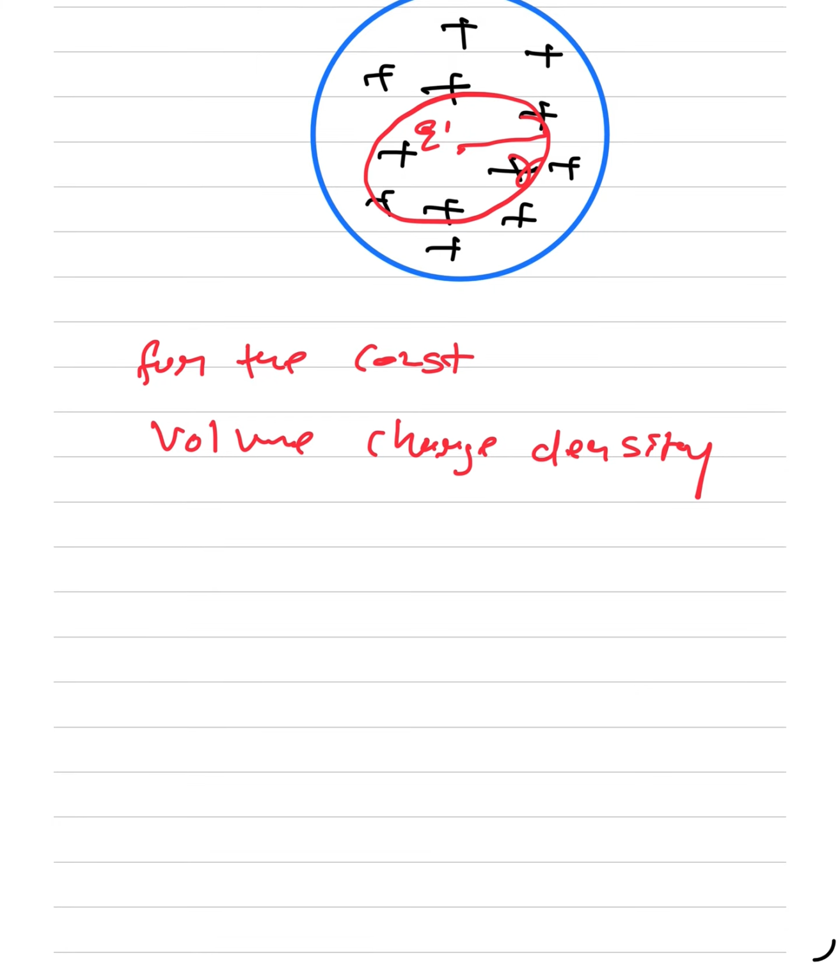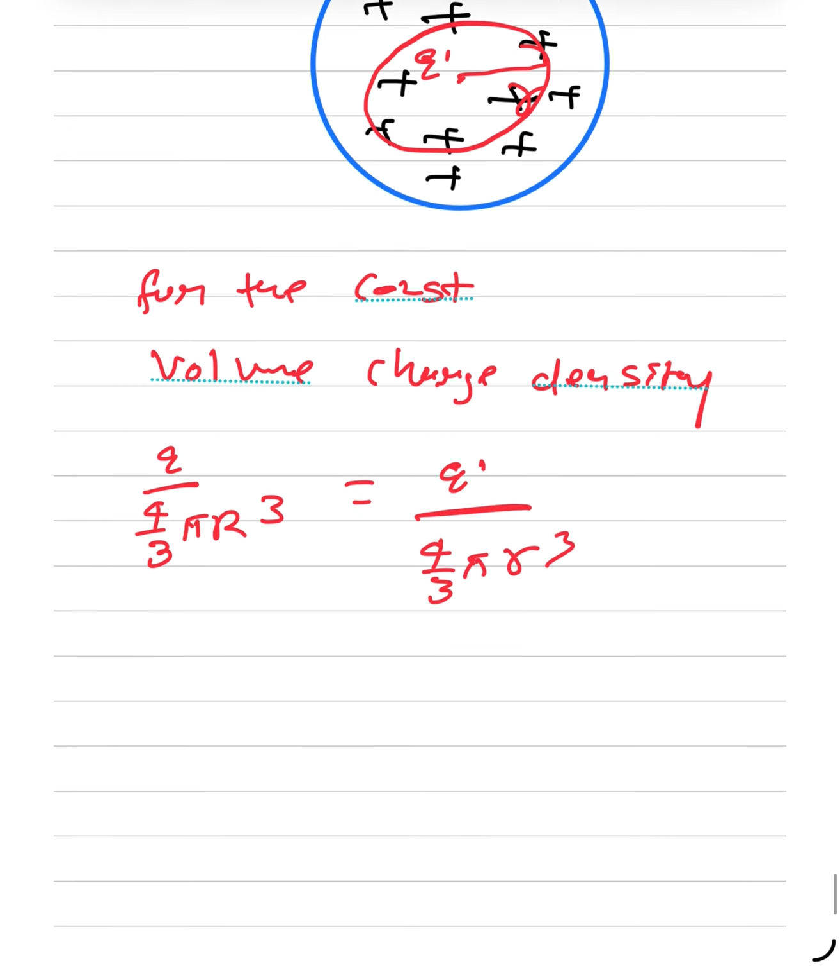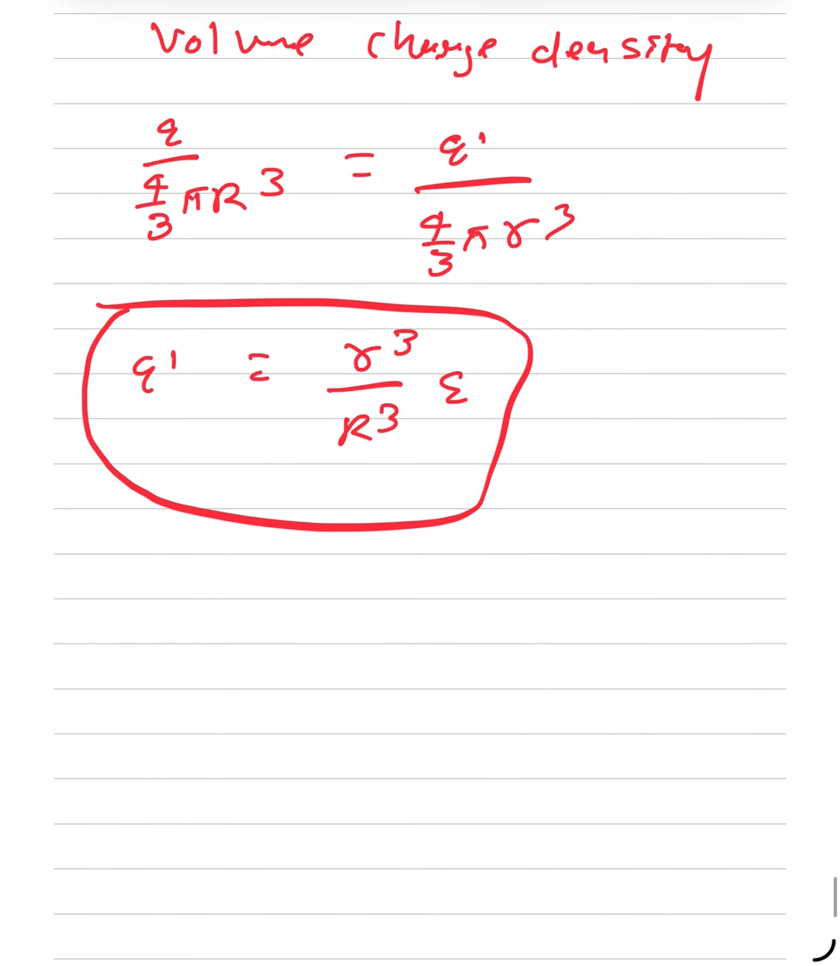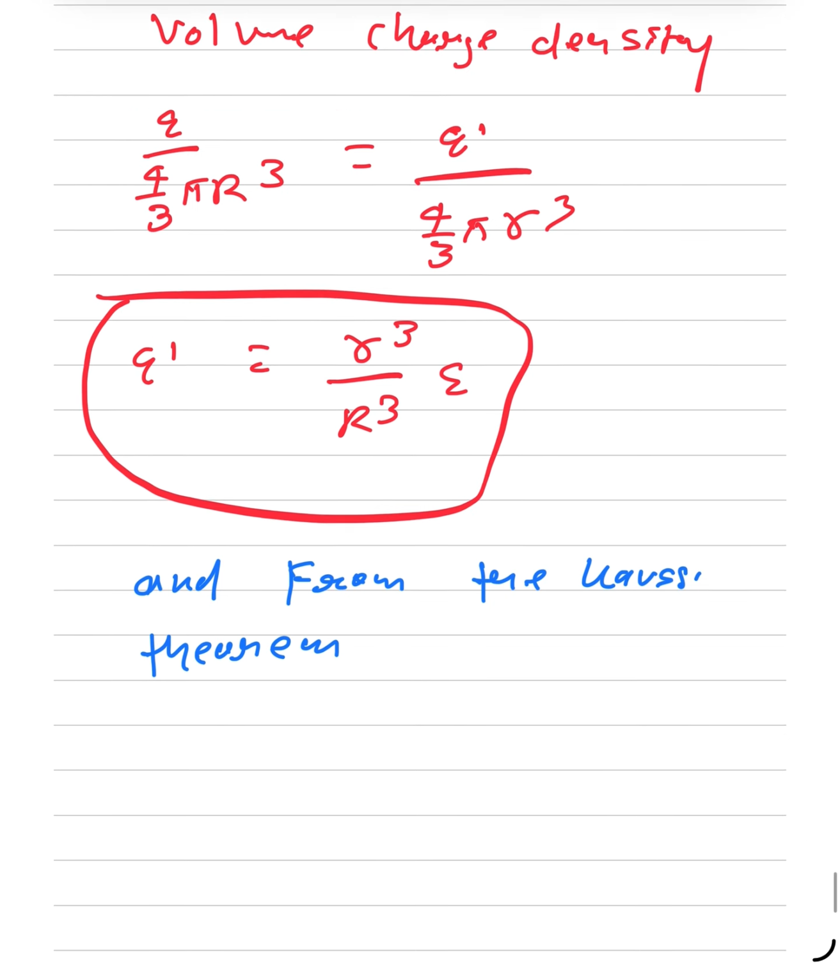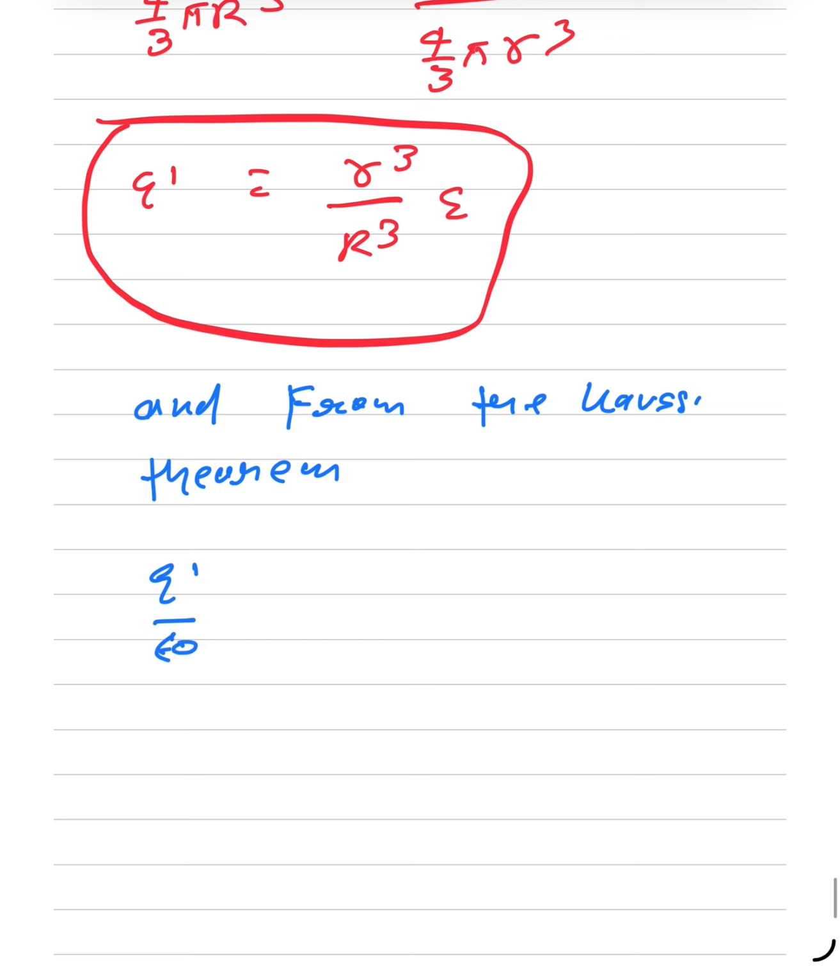which means charge divided by volume, so Q dash divided by 4 by 3 pi r cube. And Q dash here means small r cube divided by capital R cube multiplied by Q. Using the Gauss theorem,